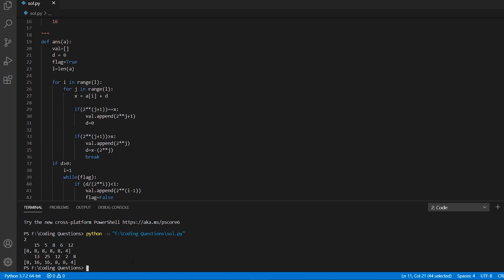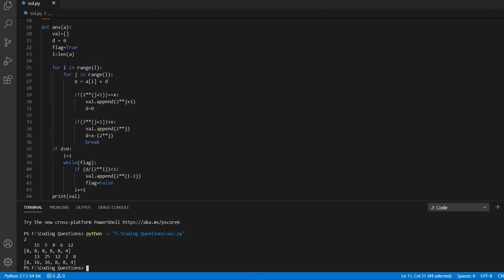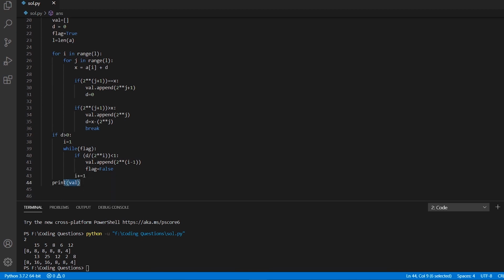So as you can see, in this case, for the first set of input, we have a list which contains 5, 8 and 1, 4, and in the second case we have 2, 16, 3, 8 and 1, 4. Now we have completed our program 99%, but that is not the output which they have expected. So you have to just return the maximum value from the list which you have created, that is val.